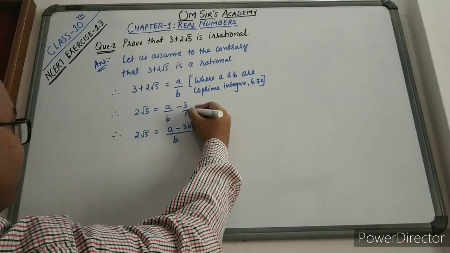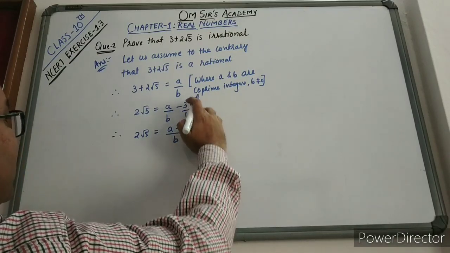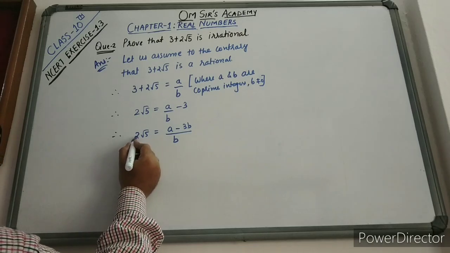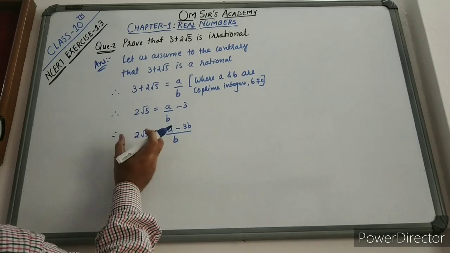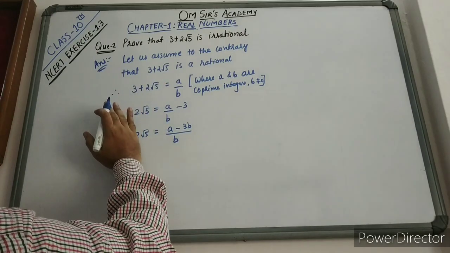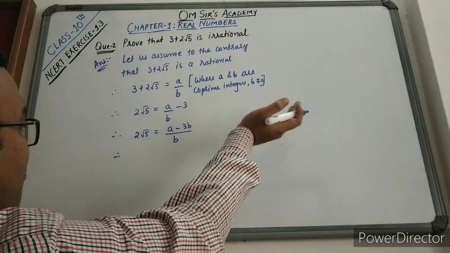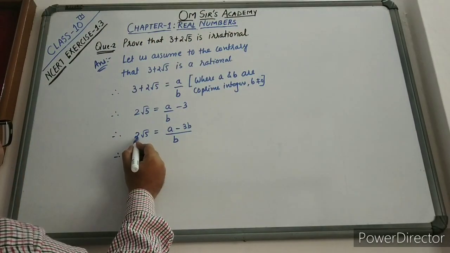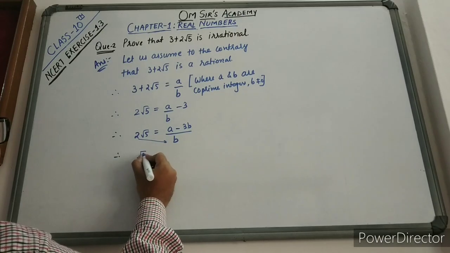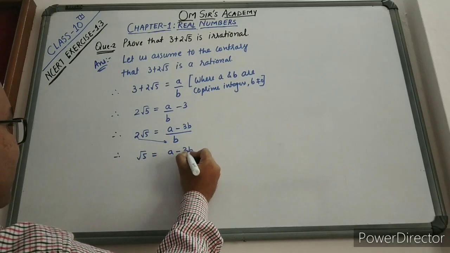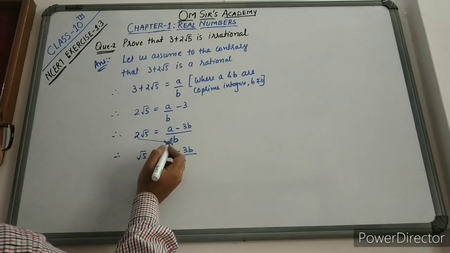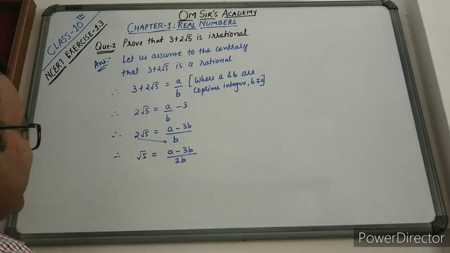Here there is 1, so if I multiply by b over here it will be 3b upon b, so a minus 3b whole upon b. Then I take this 2 to the next side. On this side I want to keep only root 5, okay. The root part I keep on one side and I take the other part on the next side. So 2 is attached with the root, so take this 2 to the next side, it will get divided. So root 5 equals to a minus 3b divided by 2b. So this 2 will multiply with this b because b is in division of a minus 3b.